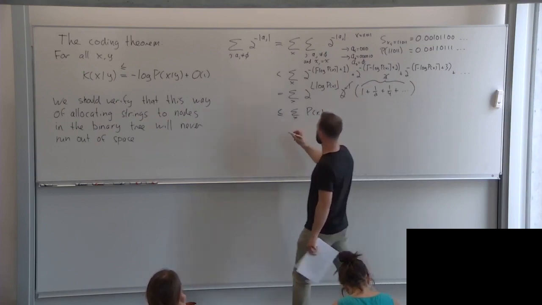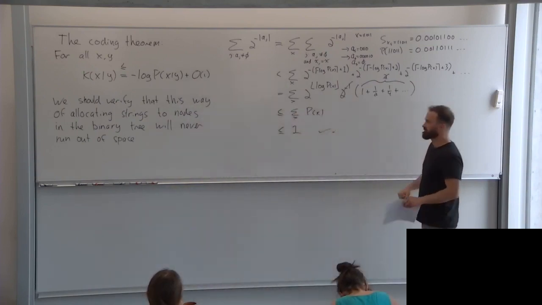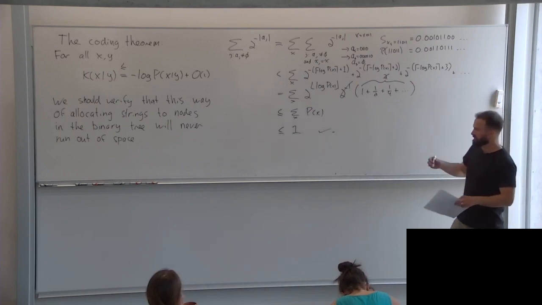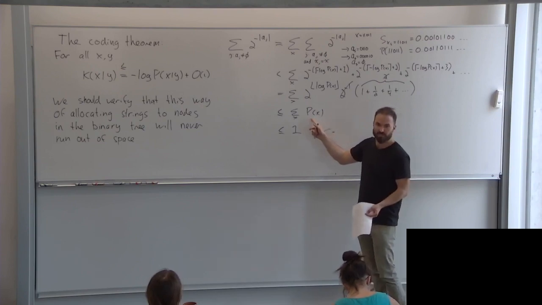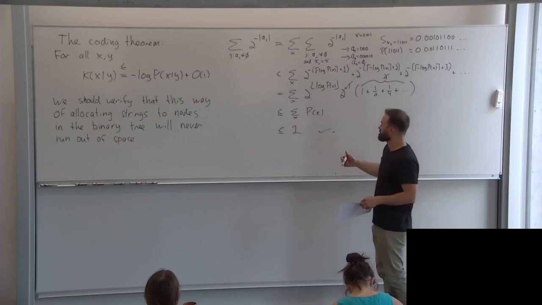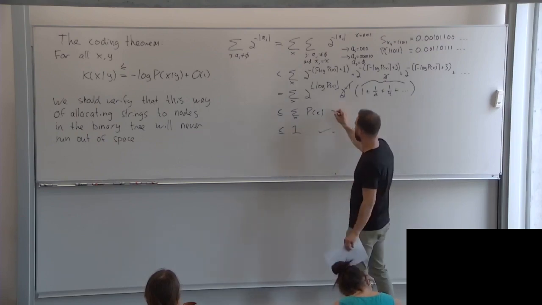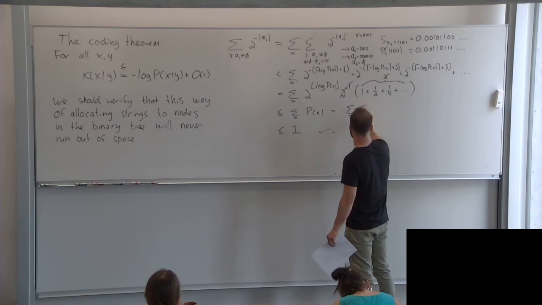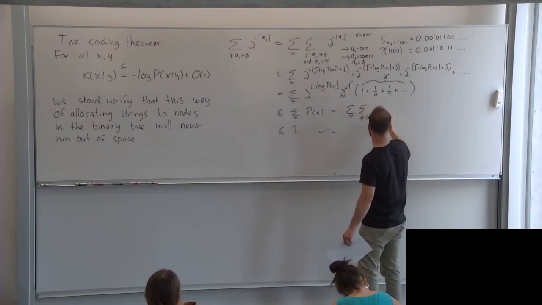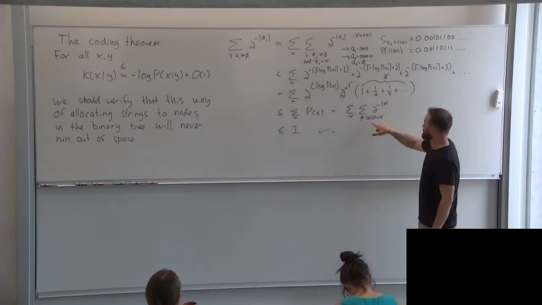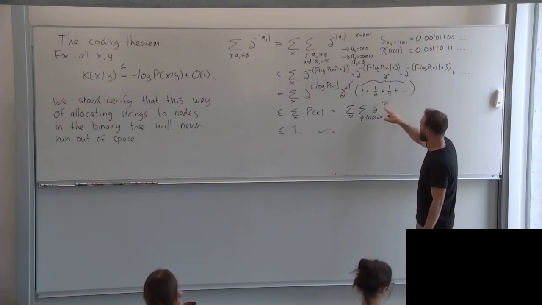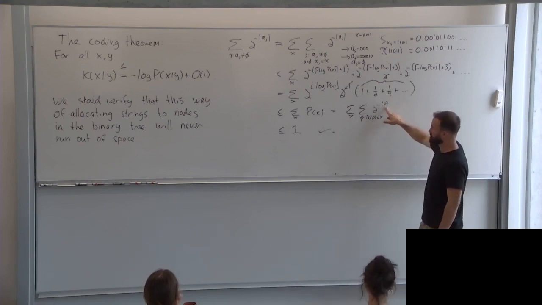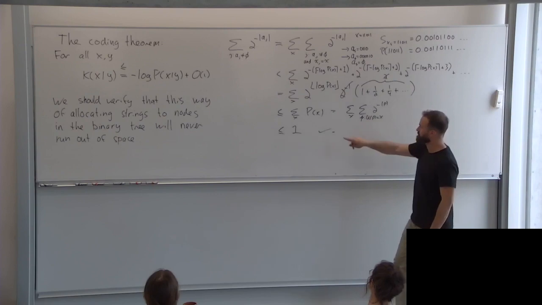And this is smaller than 1, so we don't run out of space. This is smaller than 1. Why? From the definition of this, we know that p of x was the sum over x of the sum over all p such that u of p equals x, 2 to the minus length of p. Well, I'm summing over a bunch of things which are programs in a prefix-free set of programs. So I'm summing over a prefix-free set, 2 to the minus the length of the program. By Kraft's inequality, it's smaller than